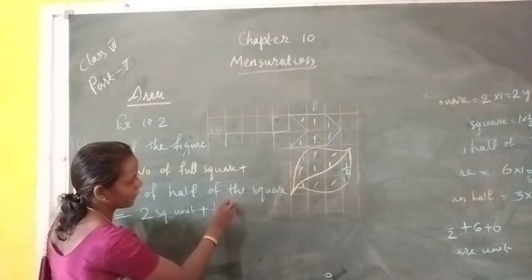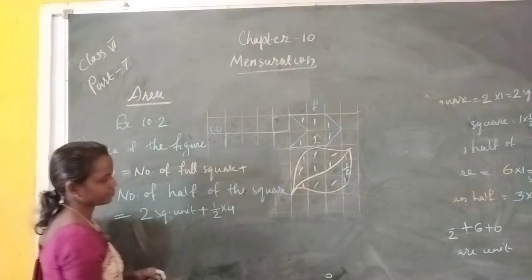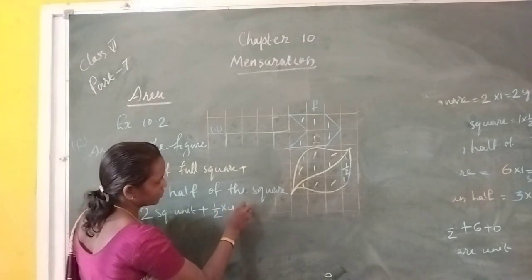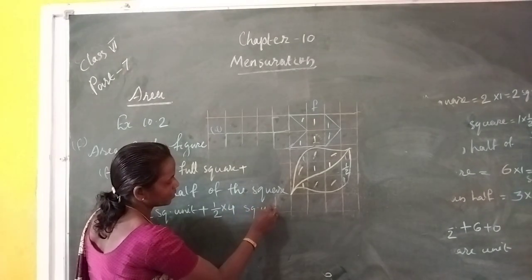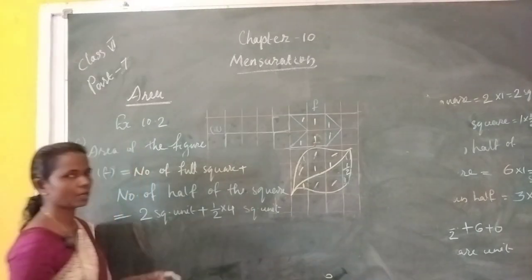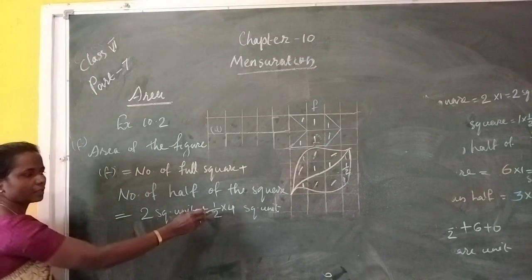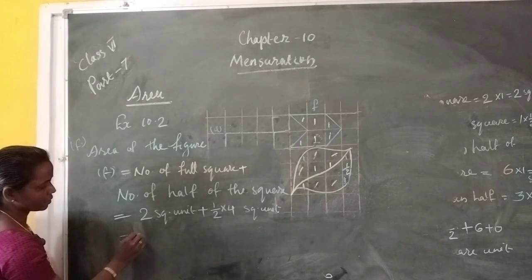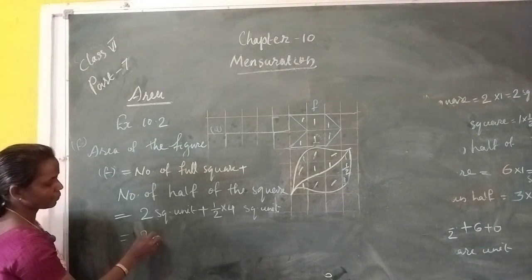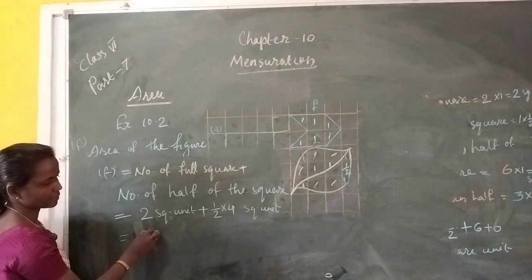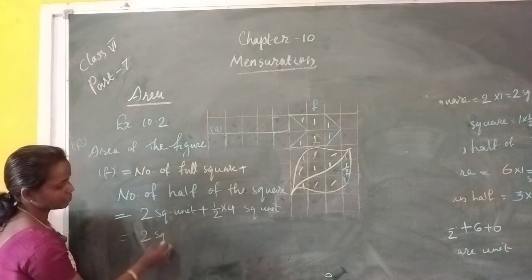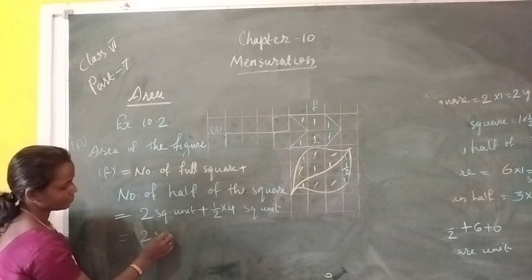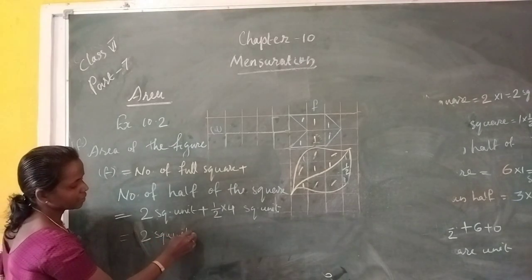Half into 4 square unit. Here how many half unit? 4. So half into 4. Then is equal to 2 square unit plus 2 square unit plus